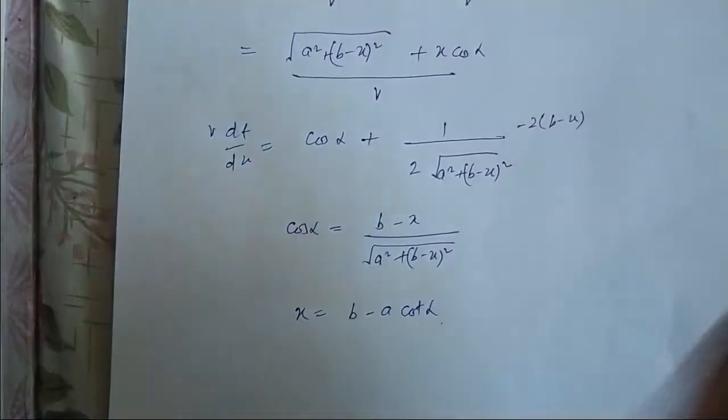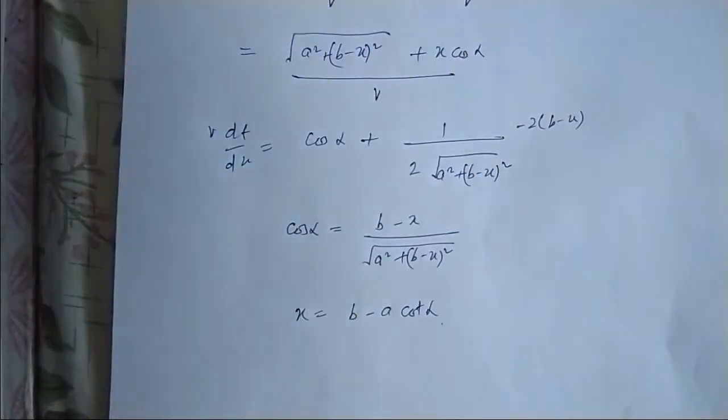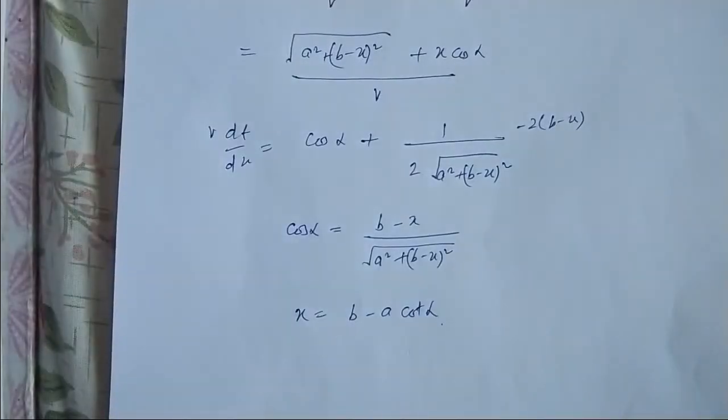Moving to next question, question number 48. A swimmer S is in the sea, d kilometer from the closest point A on a straight shore. The house of the swimmer is on the shore at a distance of 1 kilometer from A. He can swim at a certain speed and walk at another, and he must reach in the shortest possible time.